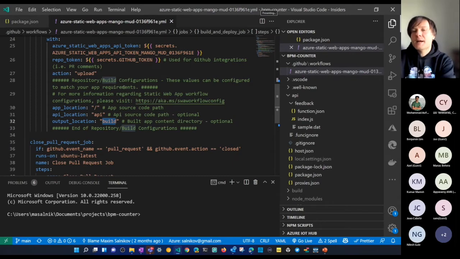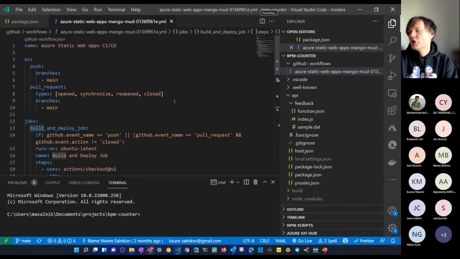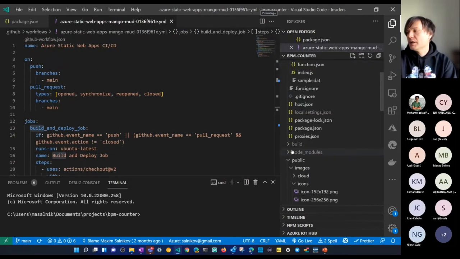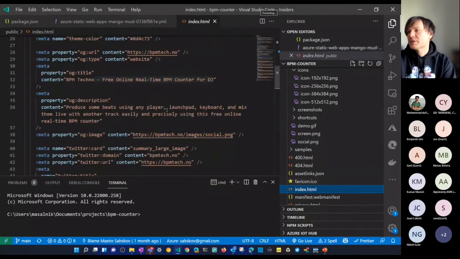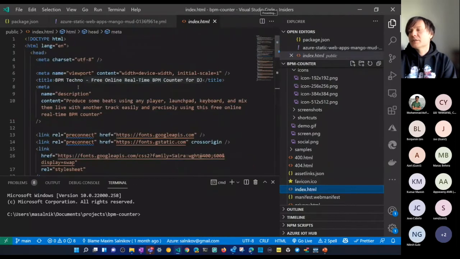Okay, so I already told you that if I make any change in my application, for example, if you open index.html and change something here, and then I push it to the repo, in a few moments, maybe a minute or two, the new version will appear globally.